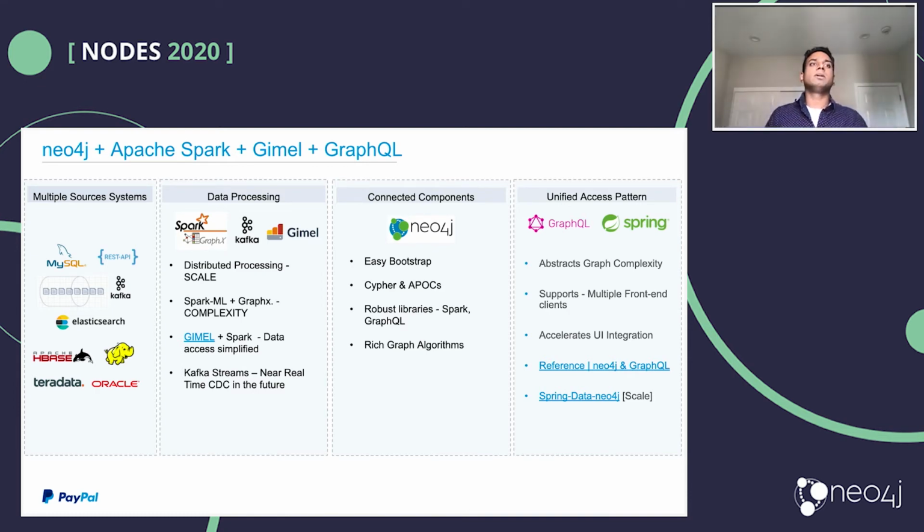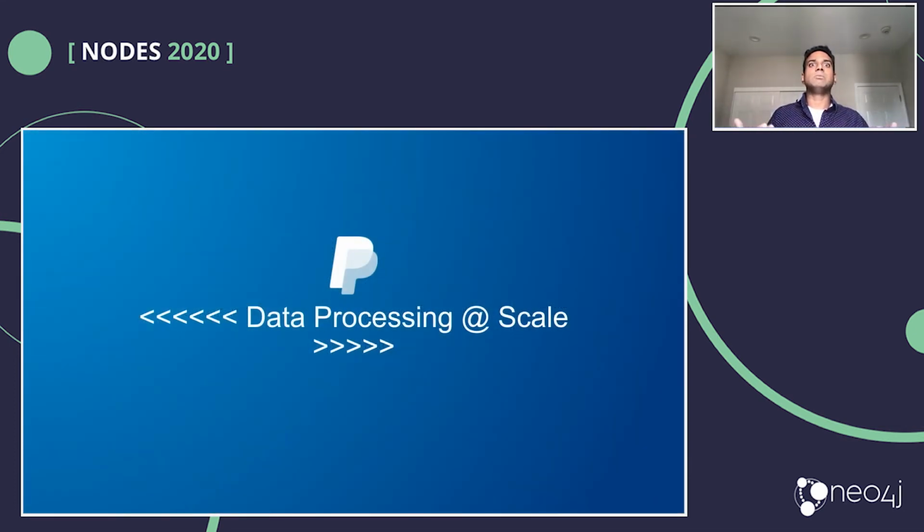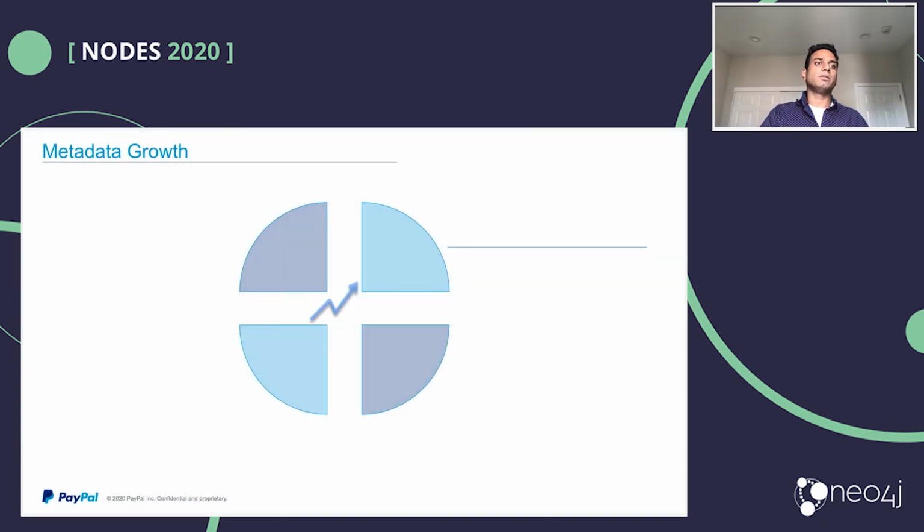I talked about Gimel and how it abstracts. I just want to give a few concrete examples of how Gimel solves the problem for us. If you ask the question, why do we need to go for Spark and Gimel while it seems like a smaller scale problem? Let me give you a perspective of the growth that we are seeing, or the scale at which any enterprise would operate.